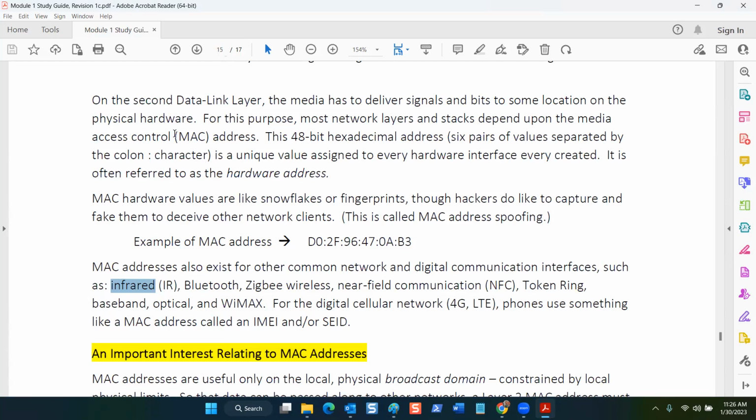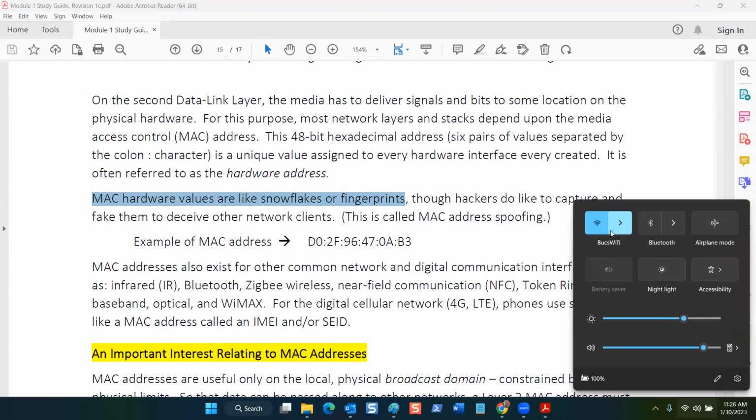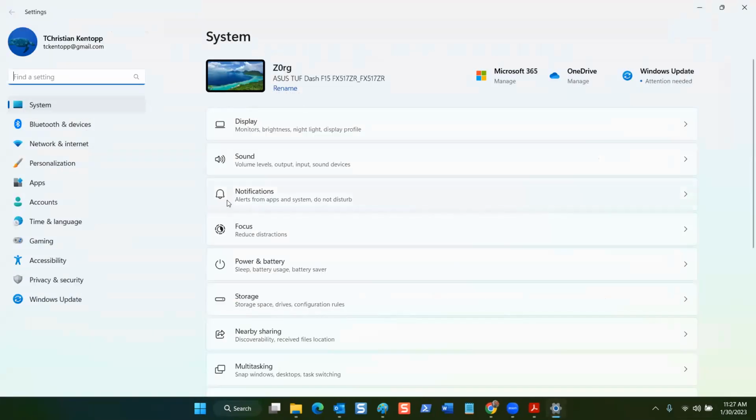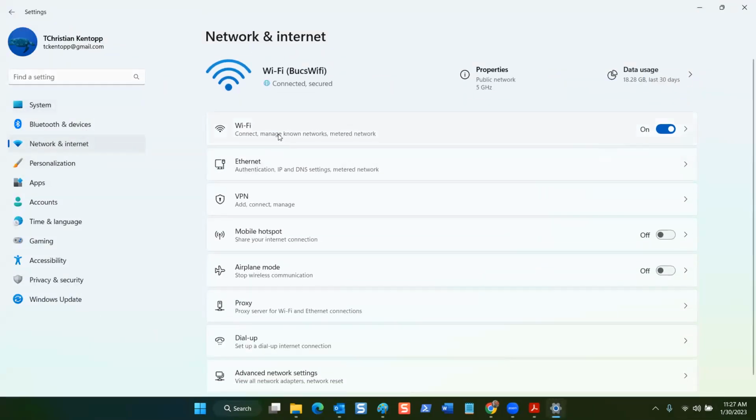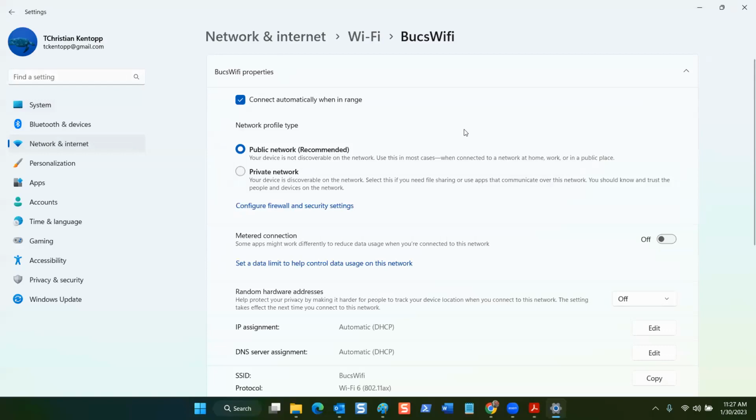The important thing that we want you to understand about this section of our study guide is the unique MAC address. It allows that interface to connect. So let's have a look inside here. If we go into our settings, and we look at network and we look at Wi-Fi, and we look inside this setting in particular,